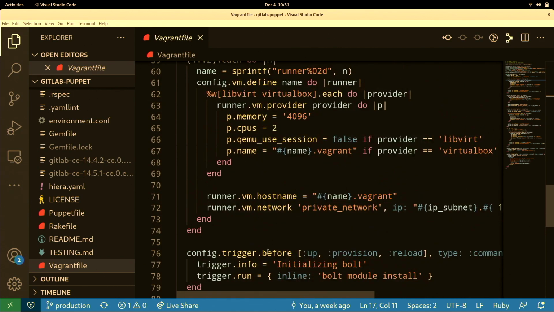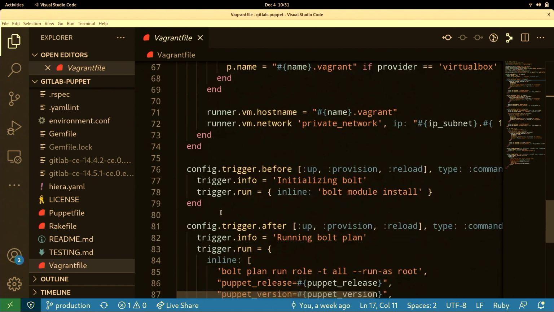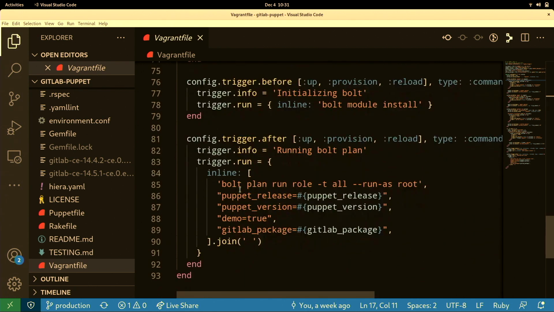Anyway, and then there's that before trigger that does the bolt module install, and then afterwards I'm running a plan named role, but I'm actually passing some parameters into it. One of the parameters I pass in is demo equal true. So I started trying to refactor things so that the demo environment builds with some defaults set. But if you ran this plan against real systems, then it wouldn't do the weird defaults that make sense only when you're running in Vagrant, like the port redirection and stuff like that. So I started trying to refactor this a little bit,